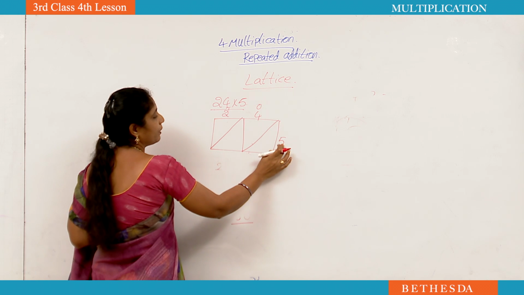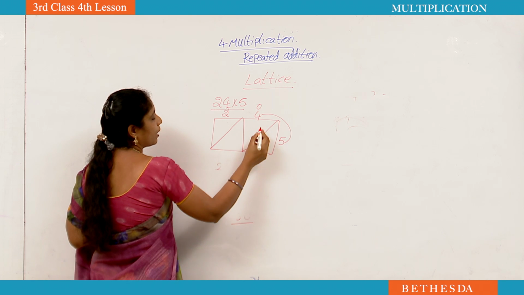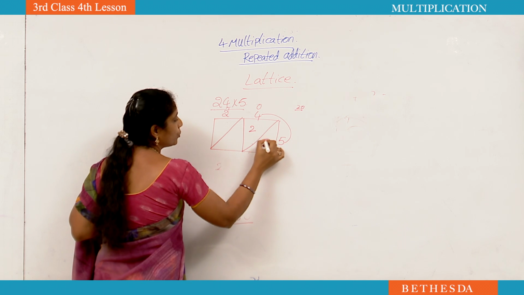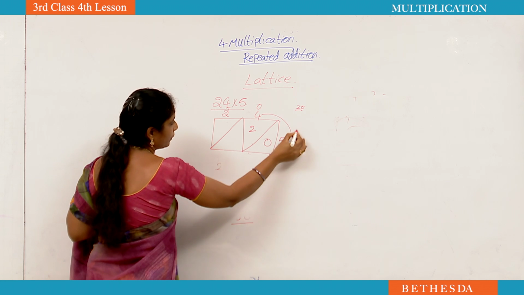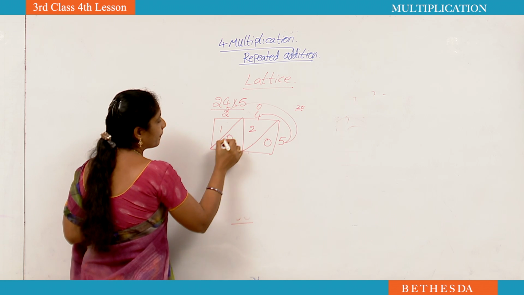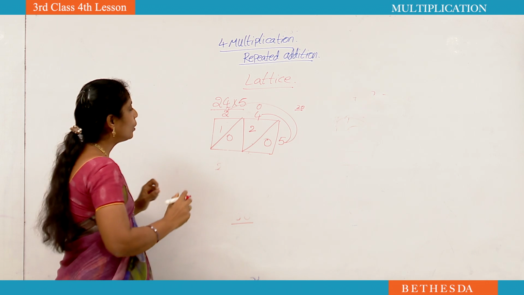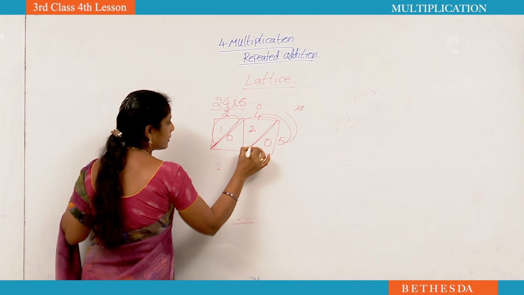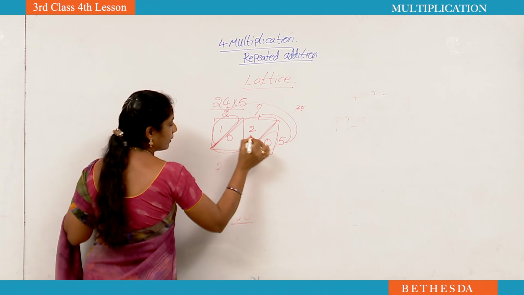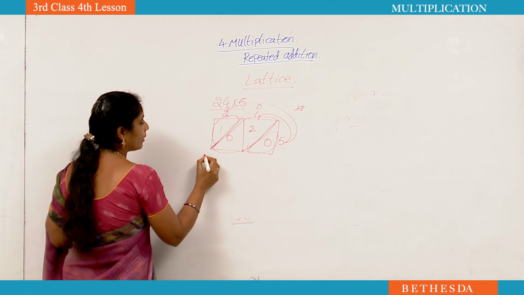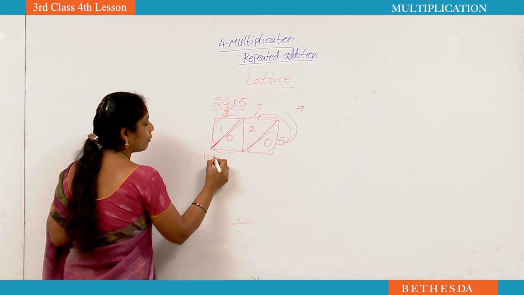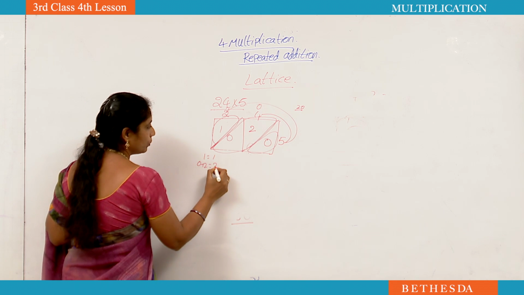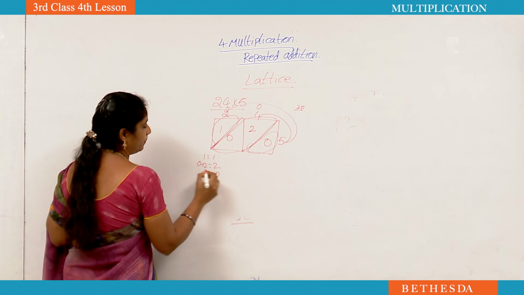We are going to multiply with 5. Now 5 fours are 20. In 20 we are having 2 digits, no? Up 2, down 0. Next 5 twos are 10. Up 1, down 0. Now we have to join the diagonals. First diagonal, second diagonal, third diagonal. Now add the diagonal numbers. In the first diagonal we have only 1. In the second diagonal 2 plus 0, 2. Third diagonal we are having only 1.